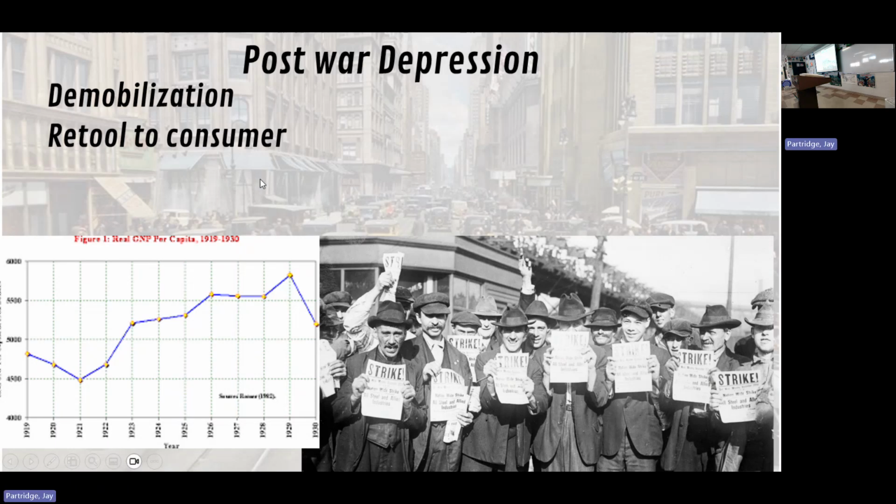Next, all the factories that finally started producing munitions had to retool their entire factories to consumer goods. And you can't just go from Model T Fords overnight to making carriages for artillery, and then go overnight back to the Model T. It takes months to retool a factory. It takes months today. It's very difficult to change production.